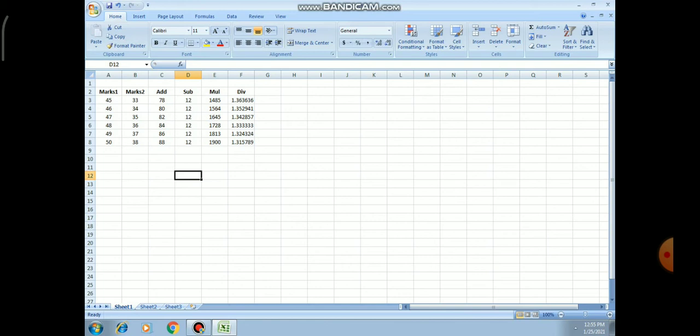Now dear students, we can learn how to make a chart. So dear students, to make a chart we require a few coordinates. So here I can select two columns. One is the x coordinate and the second one is the y coordinate. So you can see here I can select the addition column, column number C, and column E to make a chart.